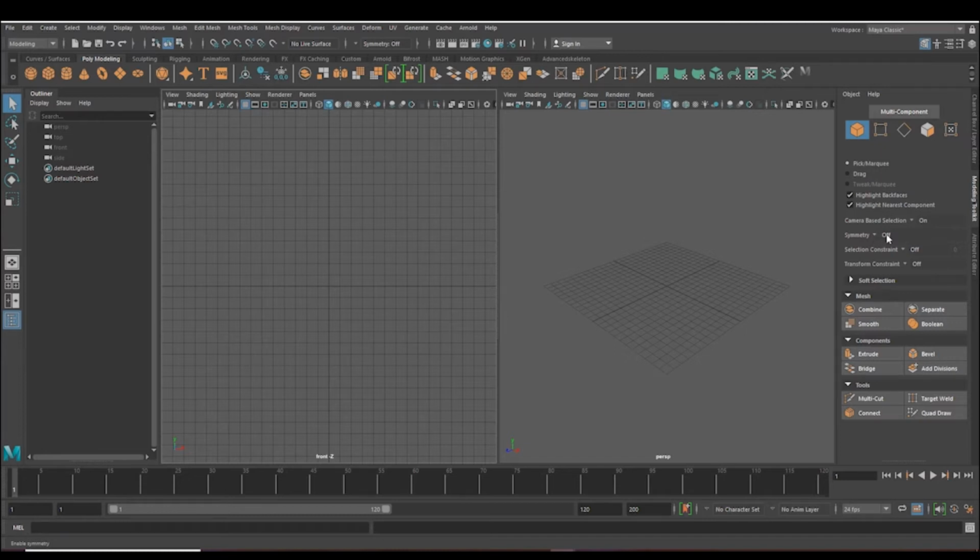Here you have selection constraints. You don't need all of that for now, which we are going to look at probably in our advanced class. And here we have mesh. Okay, you have mesh. These are tools that you can use to create awesome props and awesome